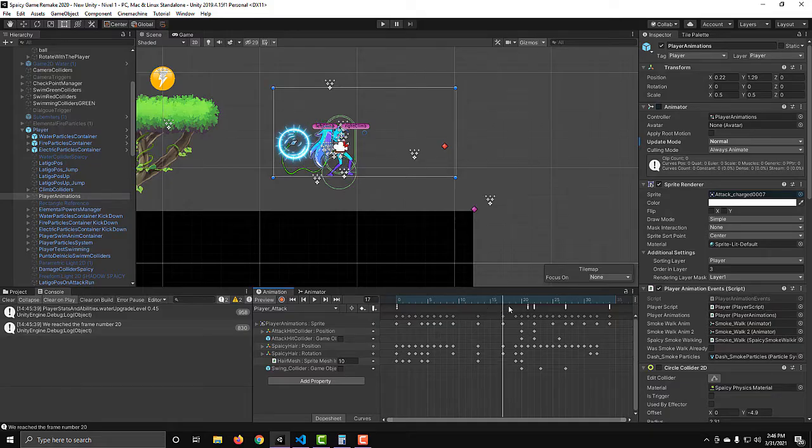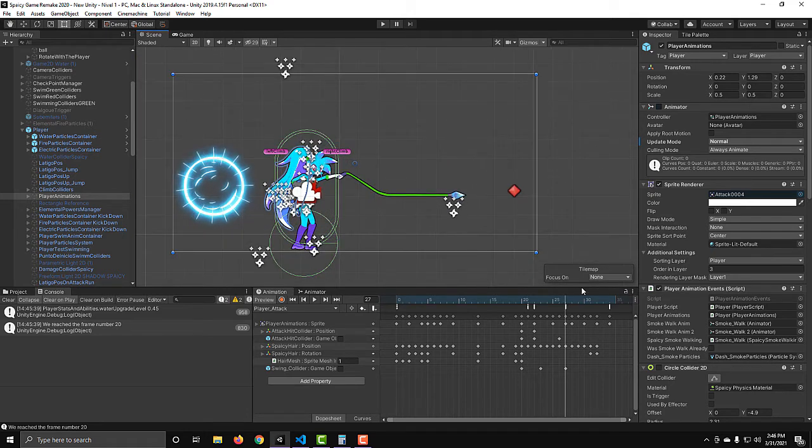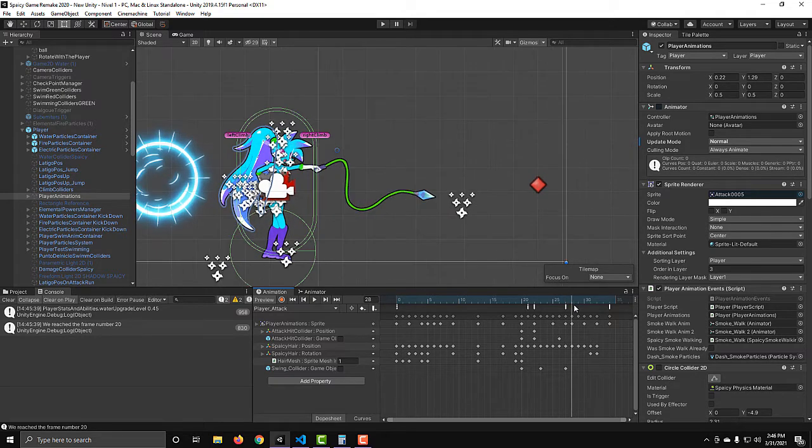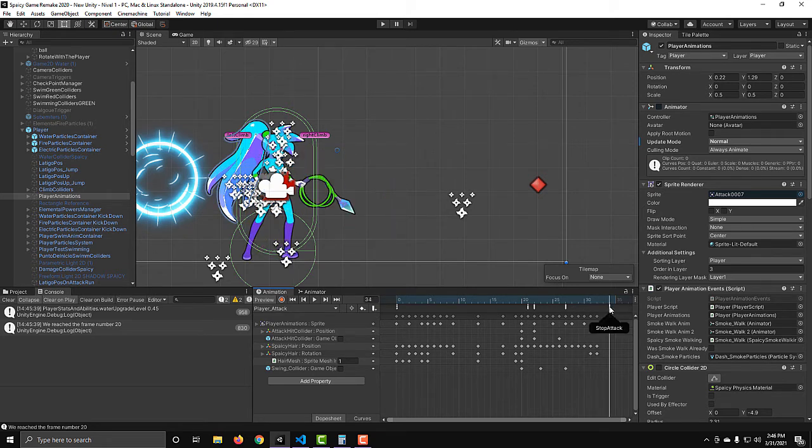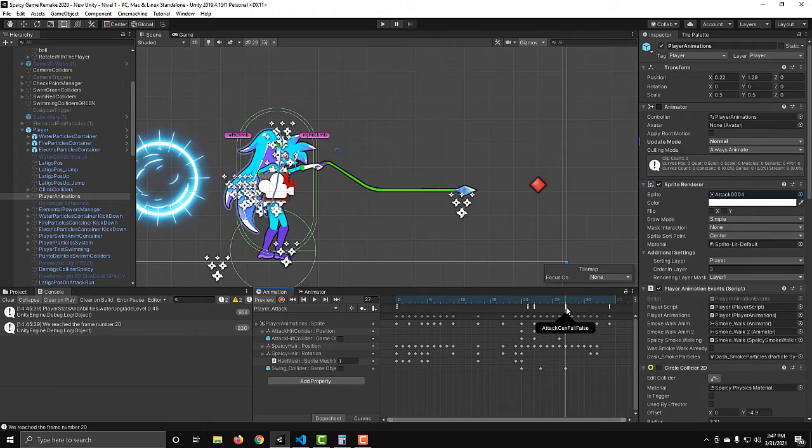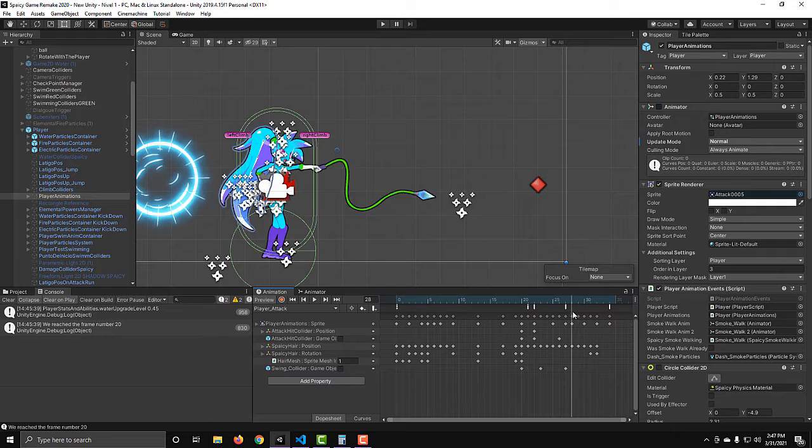So we know Spaicy is beyond frame number 20, and here's when she makes the attack, and now here's when the attack returns to her. Around here, I think, on frame 28. From frame 28 to the last frame, 34, 35, I think it will be a good time frame